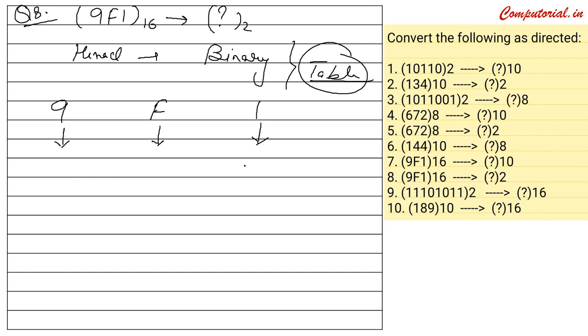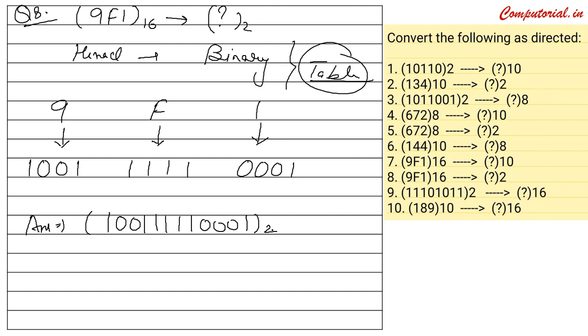As per that table, 1 can be written as 3 times 0, 1. F can be written as 4 times 1. And this digit 9 can be written as 1001. Fine, that's it. So now, for writing the proper answer at last, you simply have to write them all in a single bracket, separating them with spaces, and a base of 2. That's it.